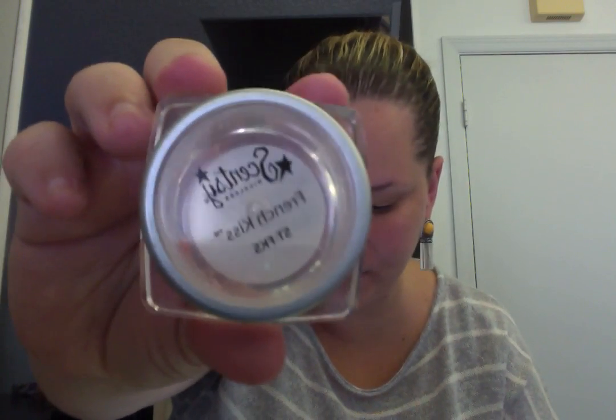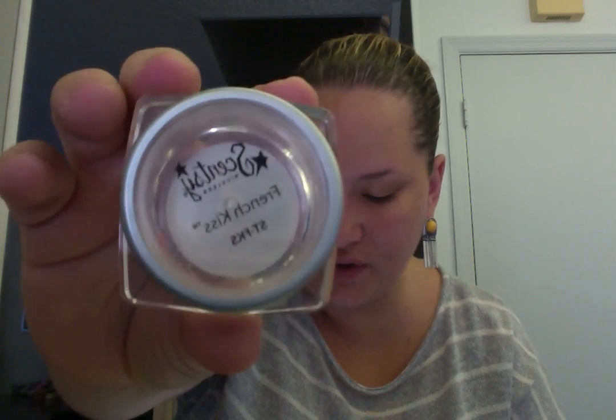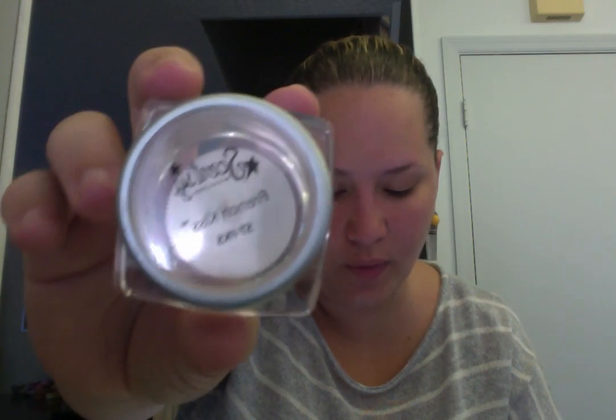Then I also melted French Kiss. French Kiss I melted in my bathroom. This one is sweet fig, tenderly caressed by coconut pulp, exotic cedar, and caramel. And this lasted 3 days in my plug-in warmer in my bathroom. It's just a really good scent, but